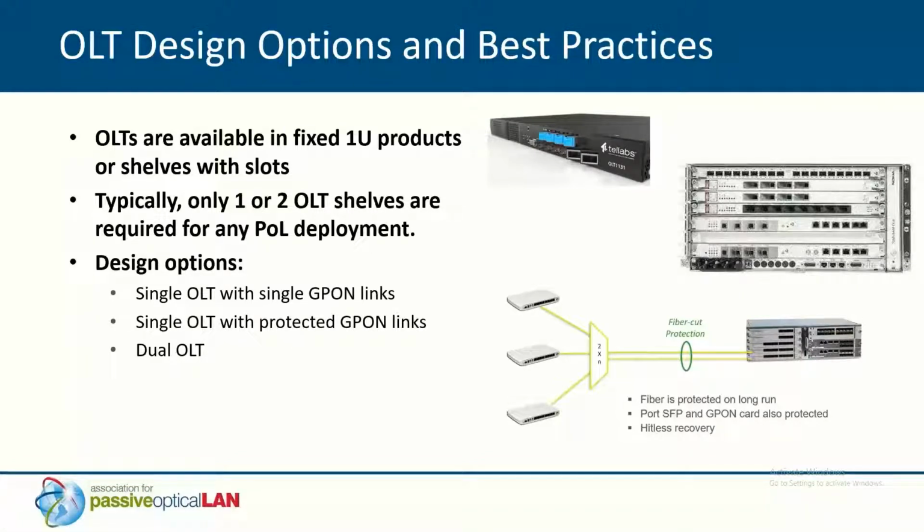No matter what the size of the project is in the enterprise world, from a small hotel or a school up to a large stadium or large business complex, typically you only need 1 OLT chassis. That's because the density of these chassis can be huge. We could be talking anywhere from a few dozen ONTs up to tens of thousands of ONTs, all served from a single OLT chassis. So for that reason, it becomes very critical that you understand your redundancy options, for one.